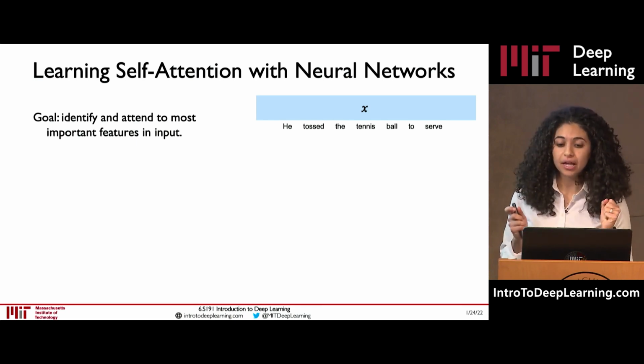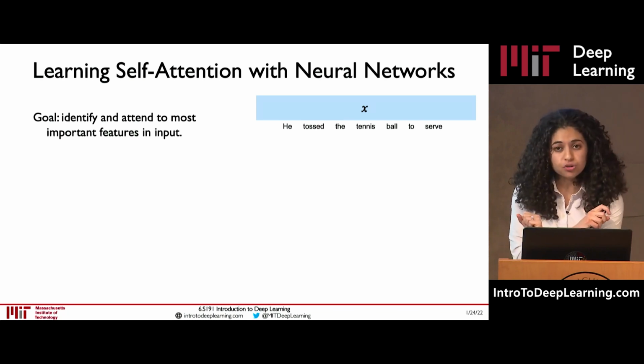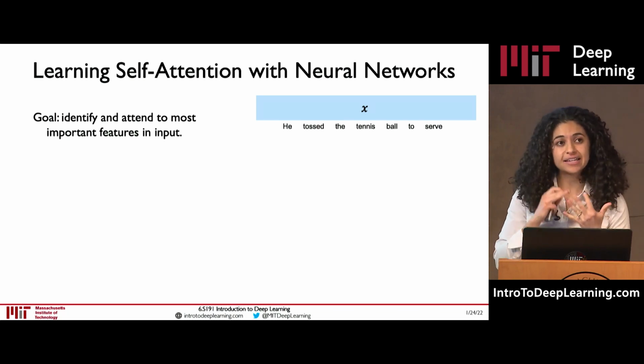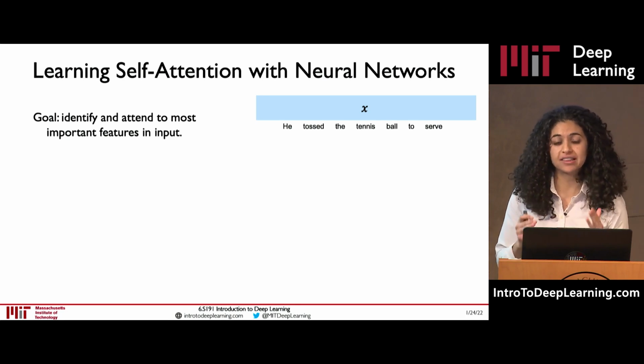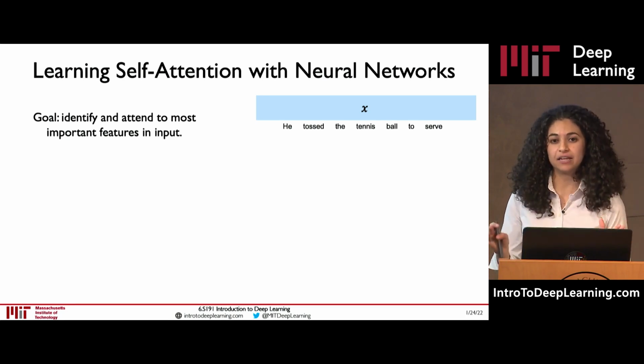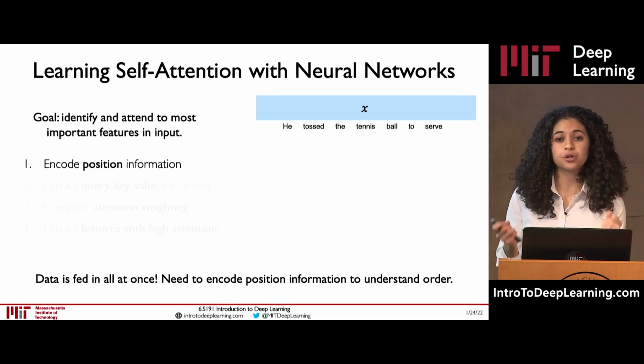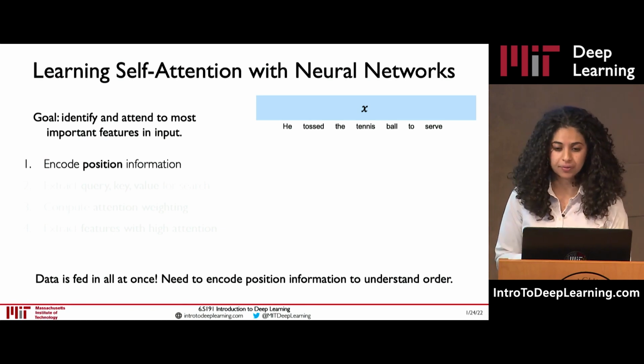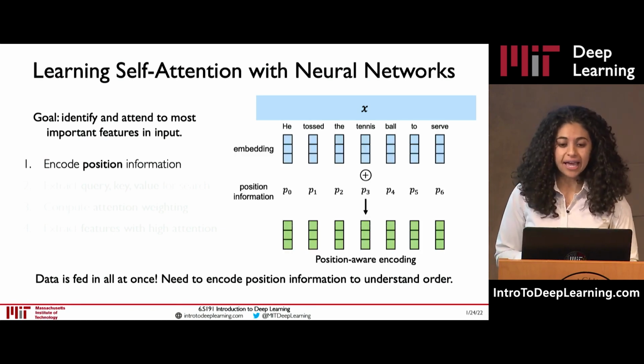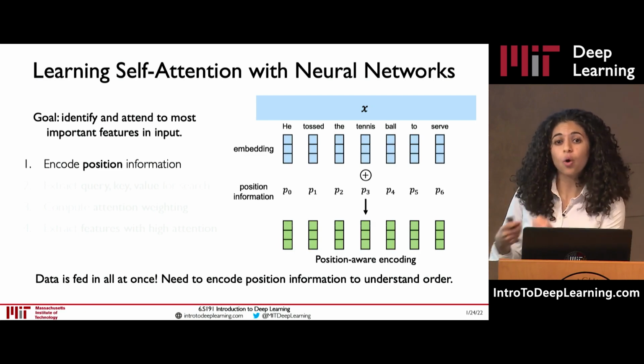First, let's remember what we're trying to do. We're trying to identify and attend to the most important features in this input without any need for processing the information time step by time step. We're going to eliminate recurrence. And what that means is that we need a way to preserve order information without recurrence, without processing the words in the sentence individually. The way we do this is by using an embedding that is going to incorporate some